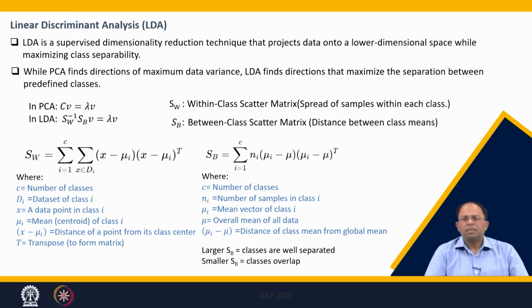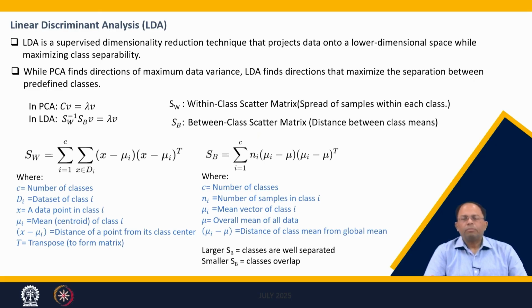Now coming to linear discriminant analysis, as we have learned earlier, it is also a dimensionality reduction technique, but here the approach is different, and it is not unsupervised like PCA. What we do here is dimensionality reduction by projecting the data into a lower dimensional space while maximizing class separability. So the idea is we are trying to project the data into a lower dimensional space so that the separation between the classes is